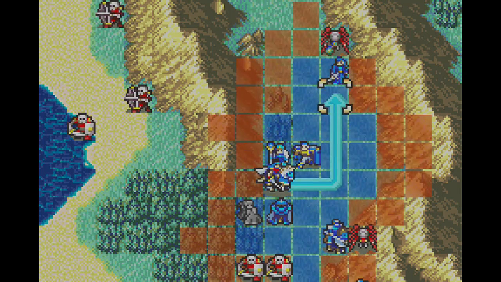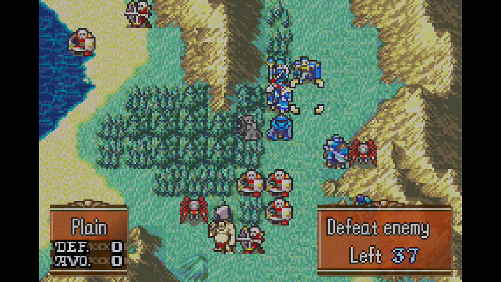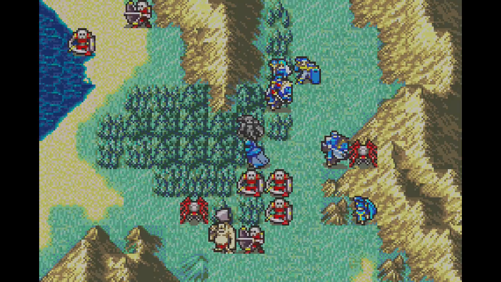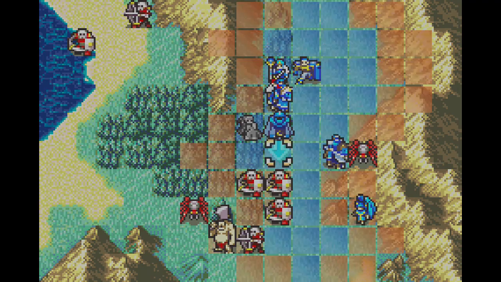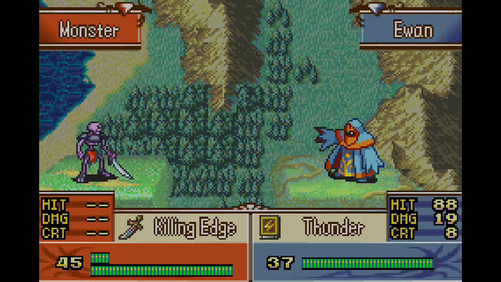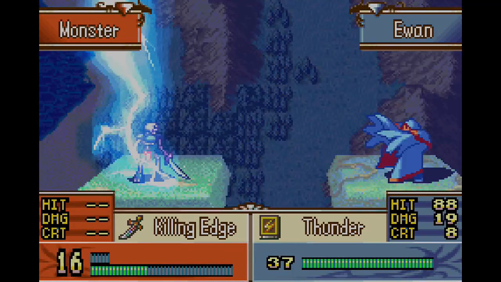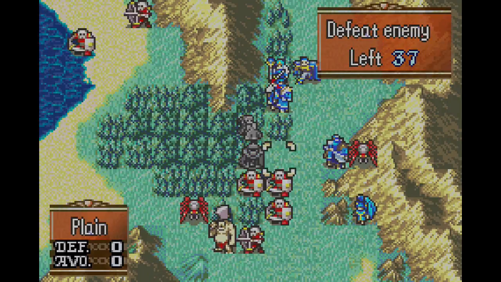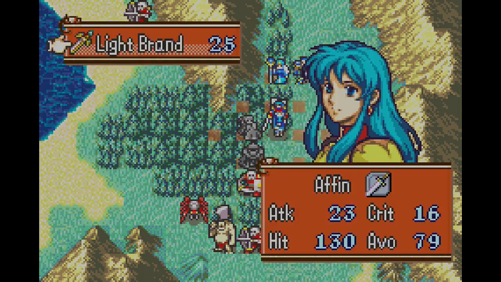I'm going to have to be careful about getting flanked here. And also of Decel. Yeah, this could potentially go south. That thing should have been dead by now, and this isn't going to kill it. So both mages failed to kill something. I suppose...